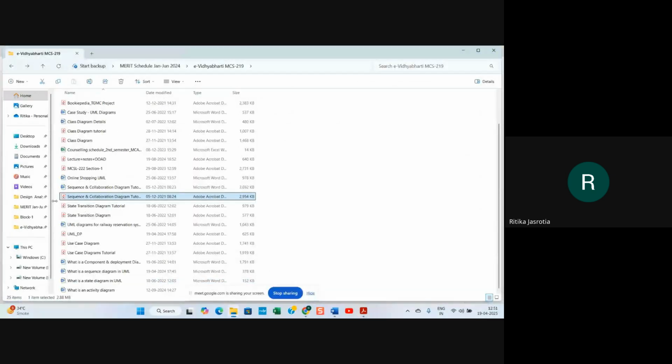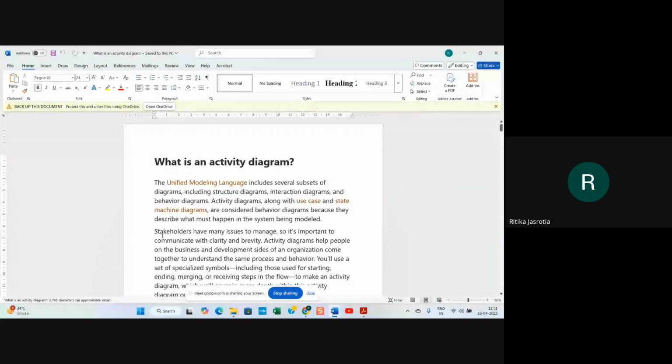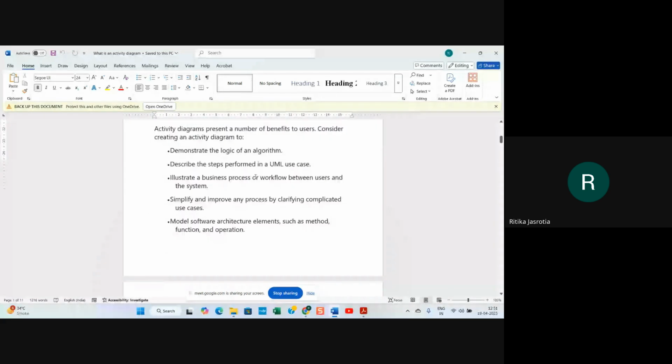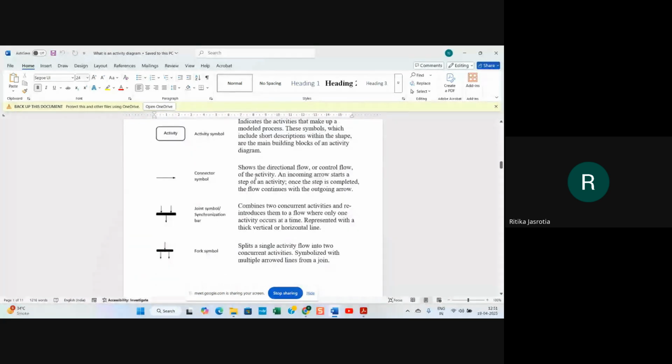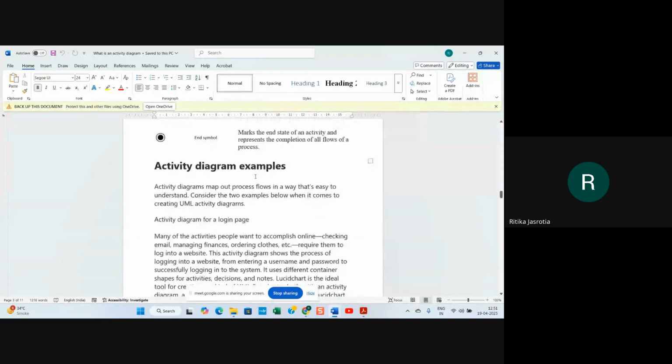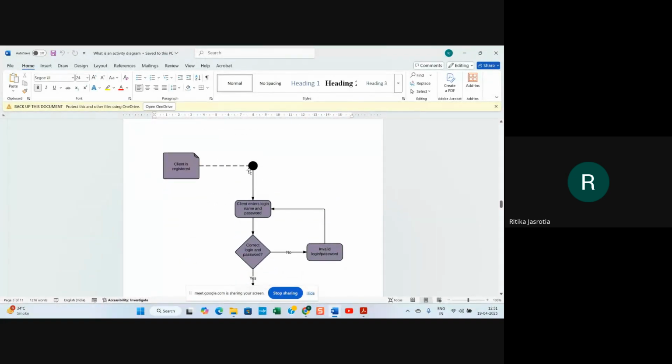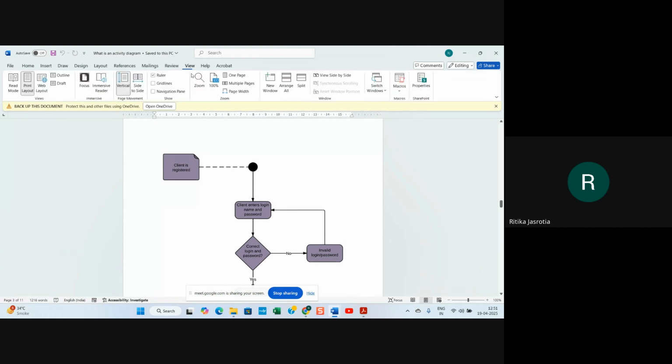But if I have to show you an activity diagram, so if I have to show you an activity diagram and an example, like this one, if I show you.